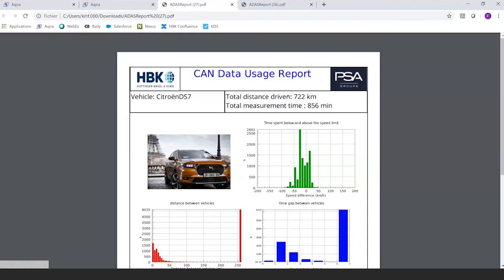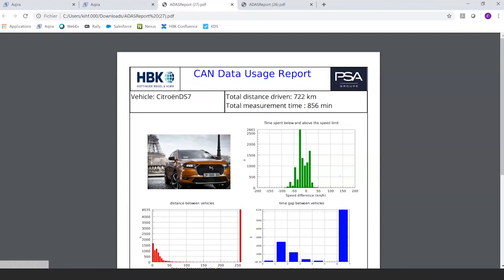Total distance driven, 700 kilometers, representing 850 minutes of driving. And I've got here my distribution of speed limit exceedance, actually. That's the speed difference between the current speed and the speed limit. It implies that in the CAN data, you've got the knowledge of what the speed limits are.